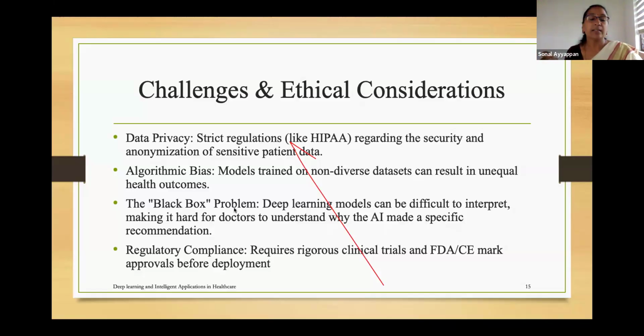And they didn't give the complete data set for a particular person. The complete data set was never